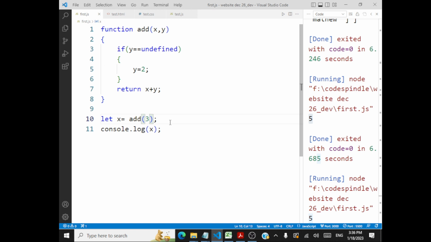If I pass this y to be 6, what will be the output here? Will y be 2 or 6? Y will be 6 because we are passing the parameter. So 3 plus 6 will be 9. That will be your output. So you can handle missing parameters like this. Another thing is